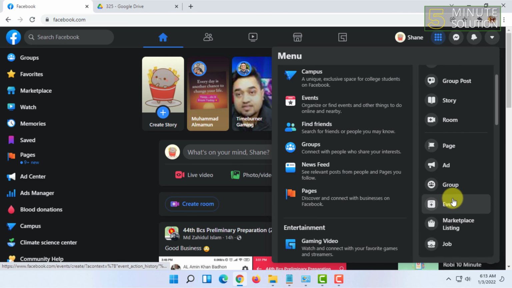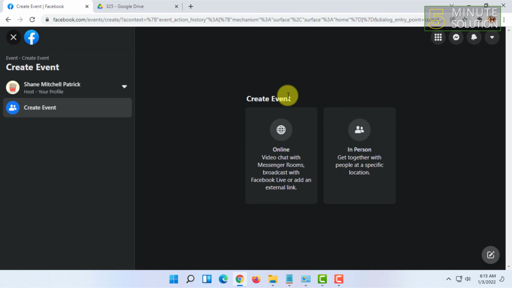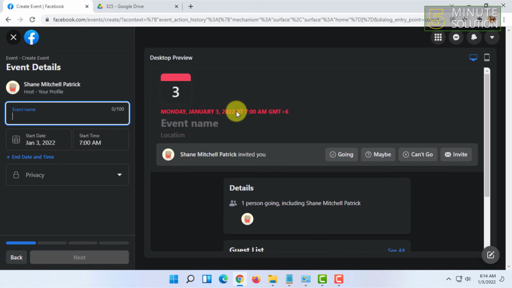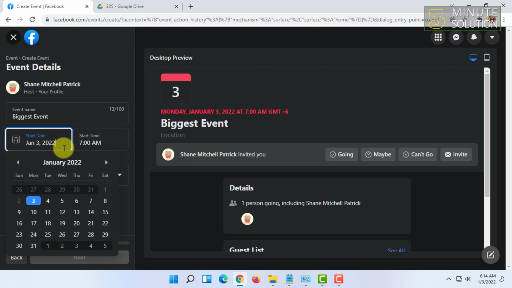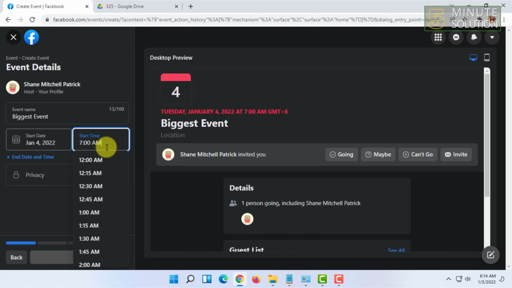So you have to just click on event from here and you have to select the meeting type. It could be online or in person, and here you have to type the event name. You have to type in the date and the time. You have to select it,